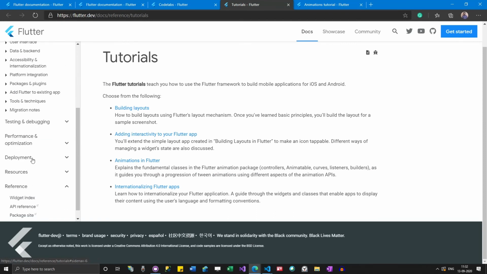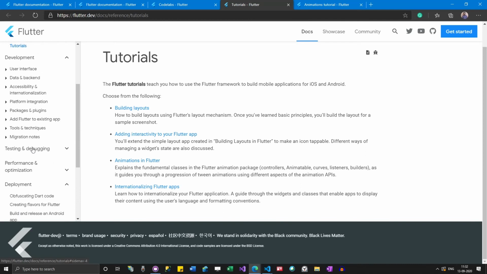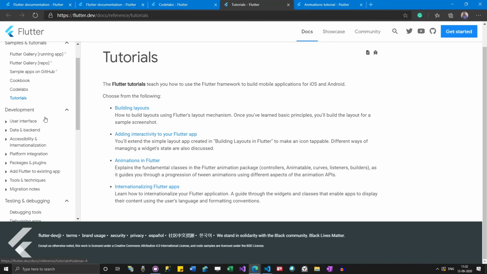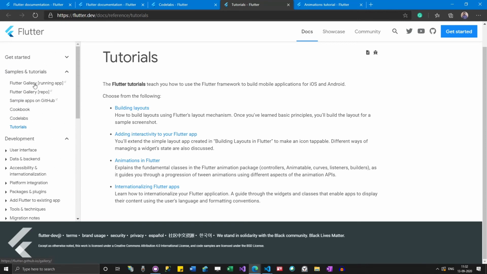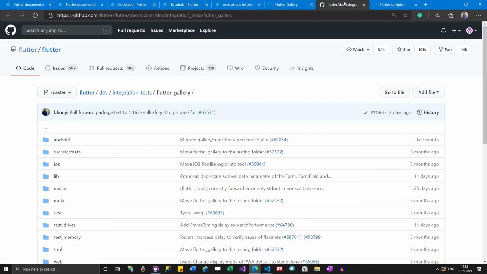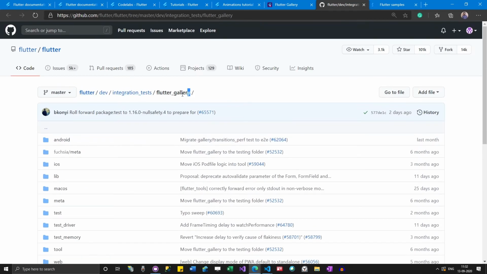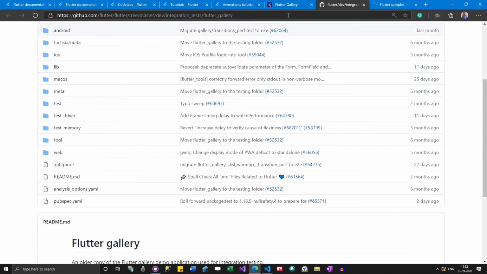When it comes to deployment, I already shared, you can go through this. If you want to write tests, this is something you can check. Everything is literally here. See this gallery, these two things: sample apps in GitHub. They have also got a Flutter gallery, where I think you can actually run this app. Within the SDK itself, there is something like Flutter gallery. You can go there and check some stuff.